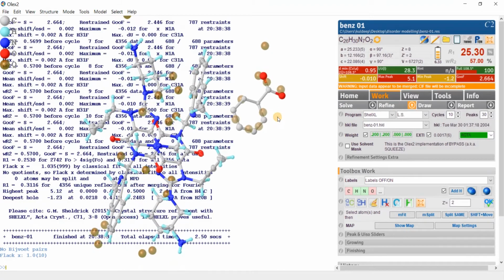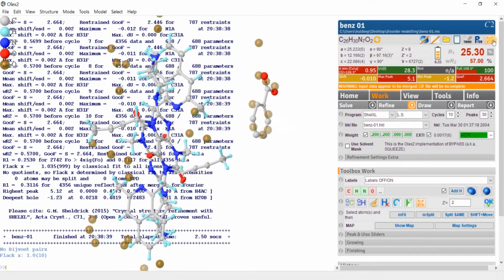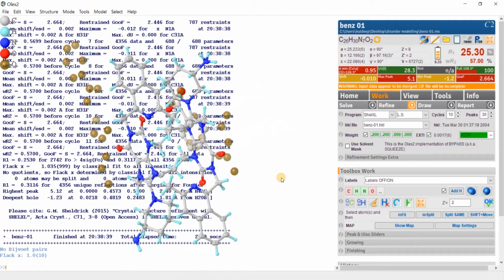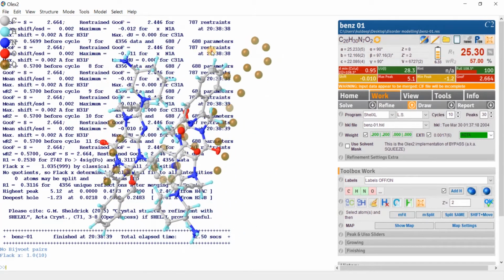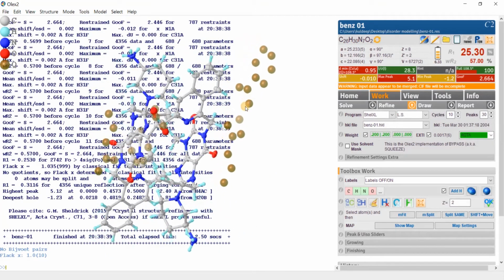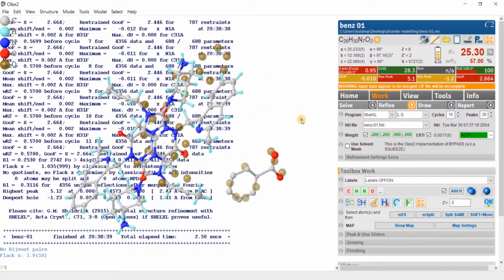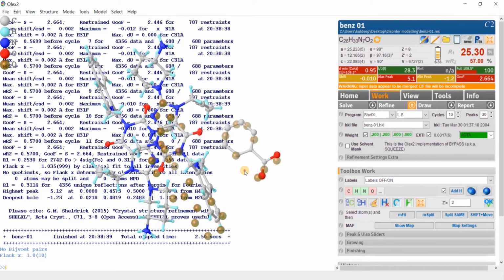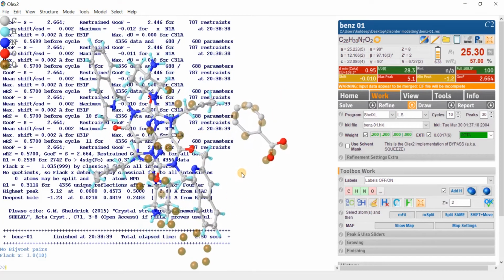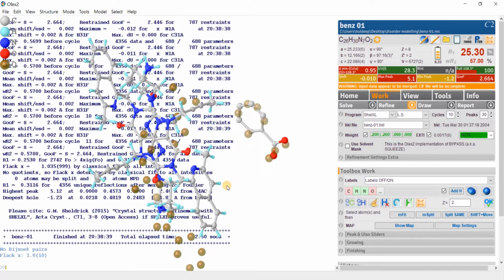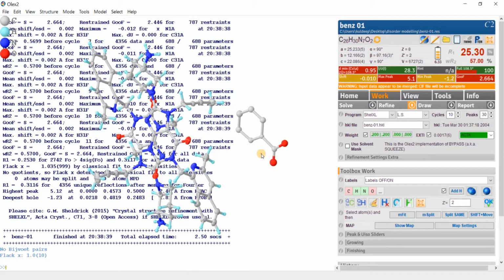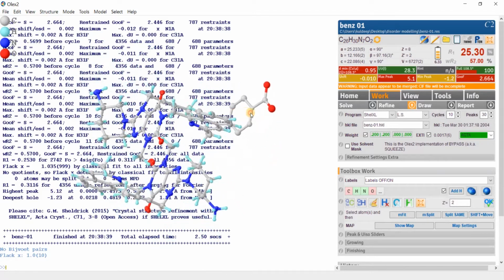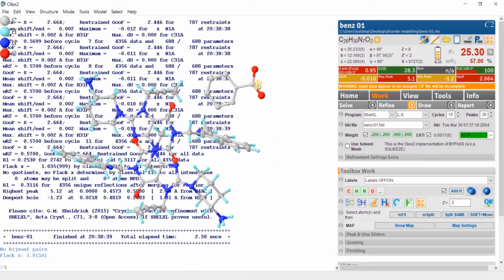Okay, so press this button compact and you will see another benzoate molecule here. Now I can use the coordinates of this benzoate molecule to model this other benzoate molecule. How? Control Q and just select all the atoms of this benzoate molecule. I have selected this benzoate molecule and I will go to Tools,